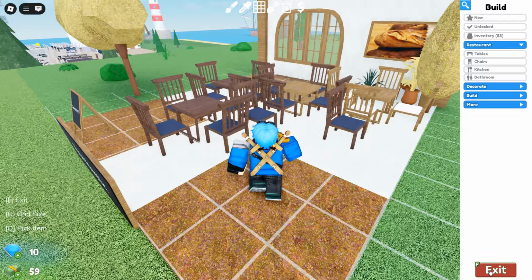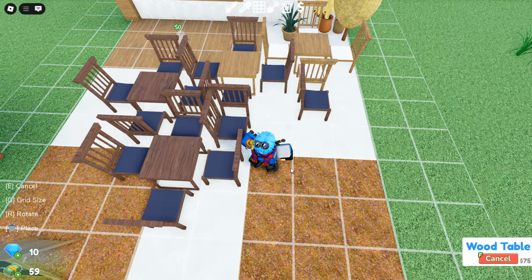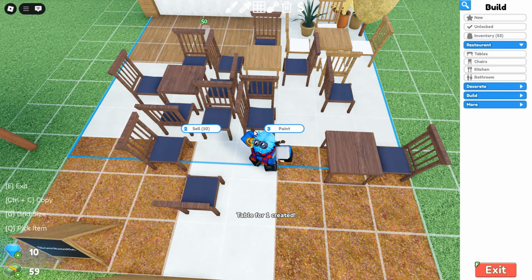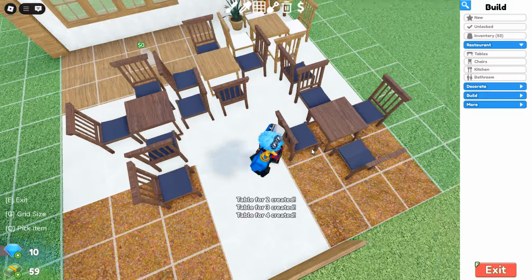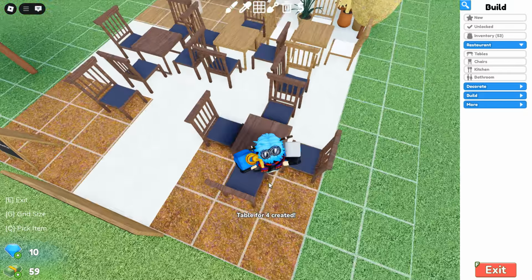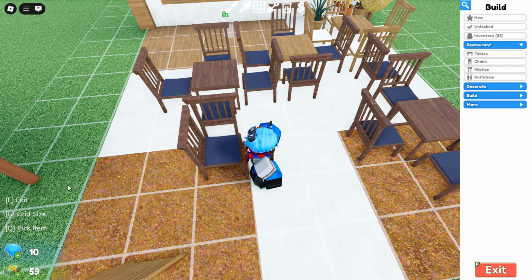and earn more money. So, basically, how it works is that, let's say I have a table right here, okay? I move a chair over here. That's a table for 1 created. I move a chair over here, table for 2 created. And you might think that the maximum you can get on a table that's 1x1 is a table of 4. But that's actually false, because you can go ahead and change your grid size over here by pressing G